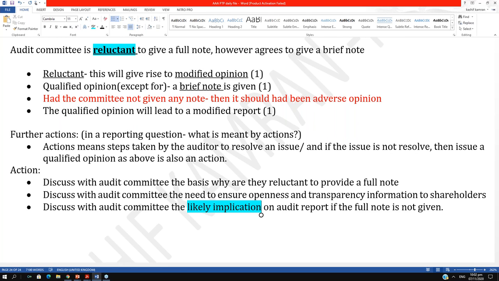So have we tried taking steps to resolve the matter? Have we discussed with the audit committee the basis why they're reluctant, to understand their perspective? Have we discussed with the audit committee that you should work in the best interest of the shareholder? So did we try to change the mindset of the audit committee? So we got 3 marks from above and we got 3 marks from the bullets over here. Please, you can write actions in bullets. Actions can be written in bullets,